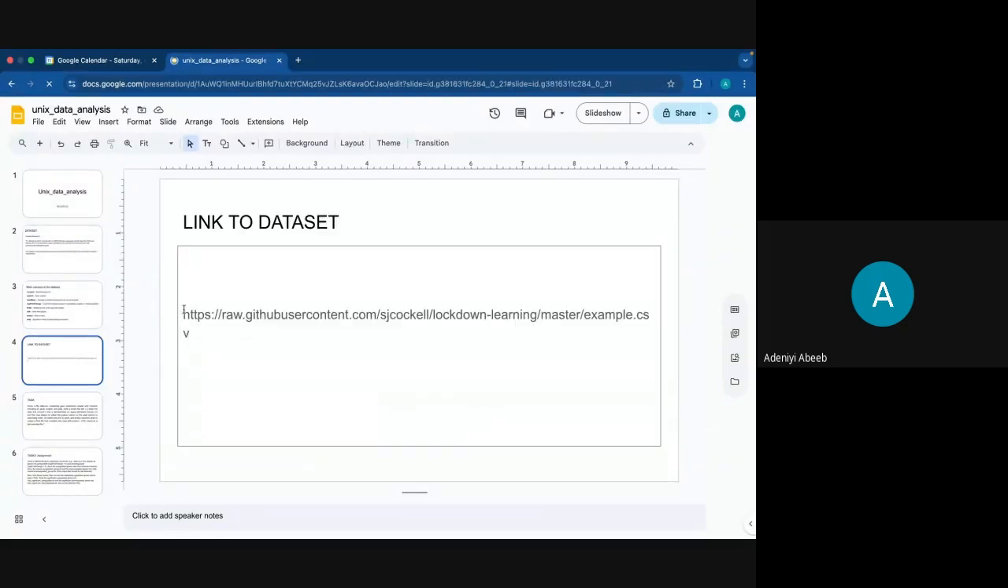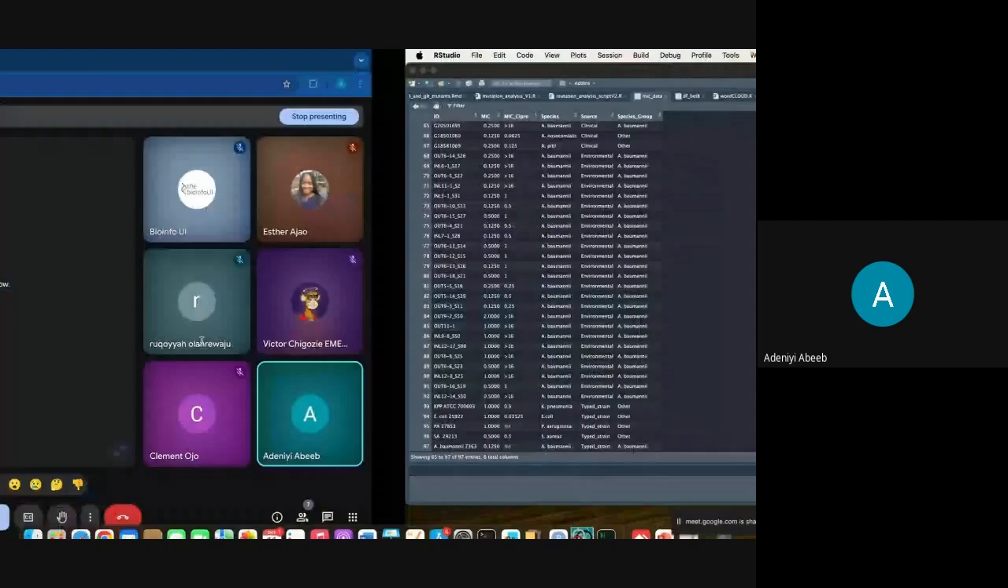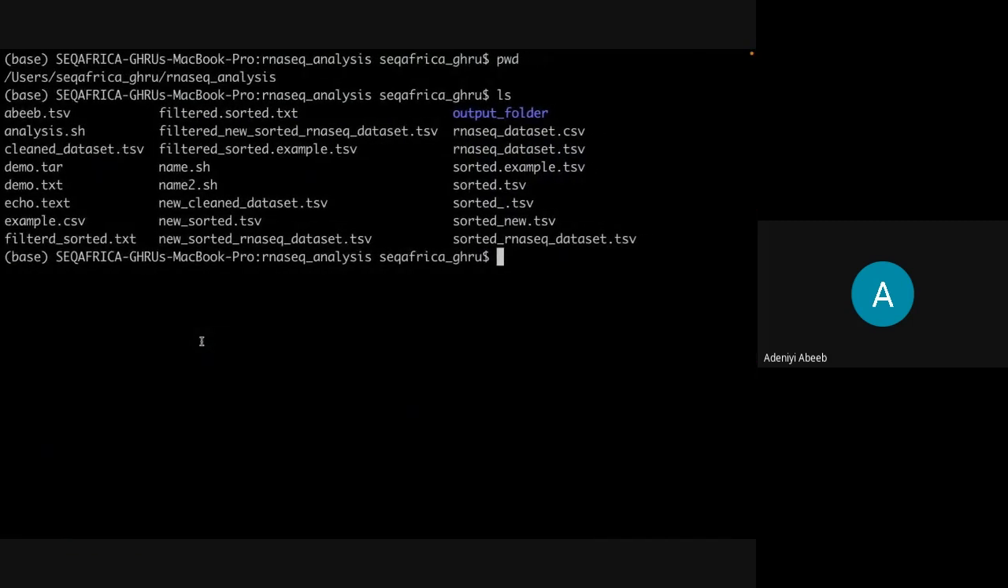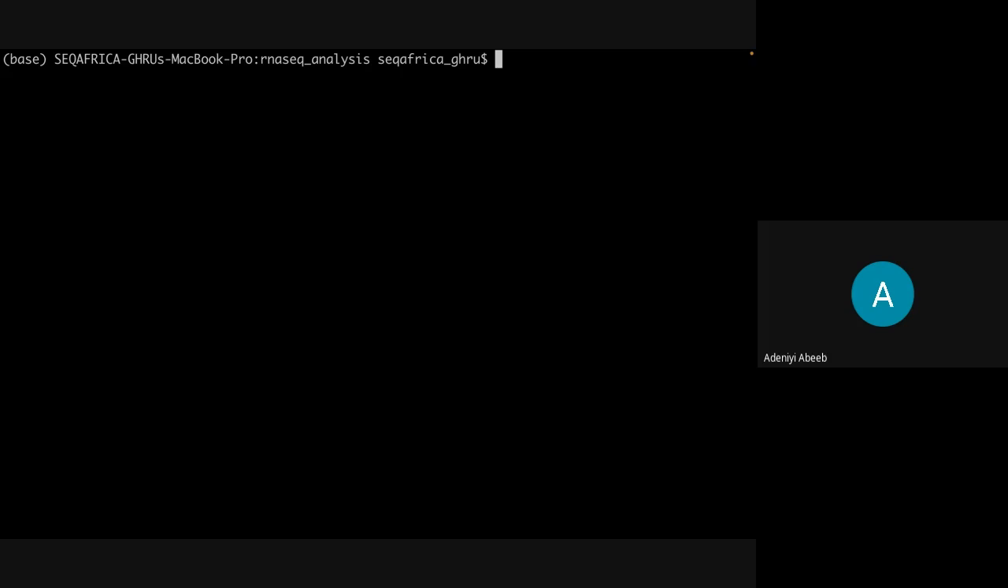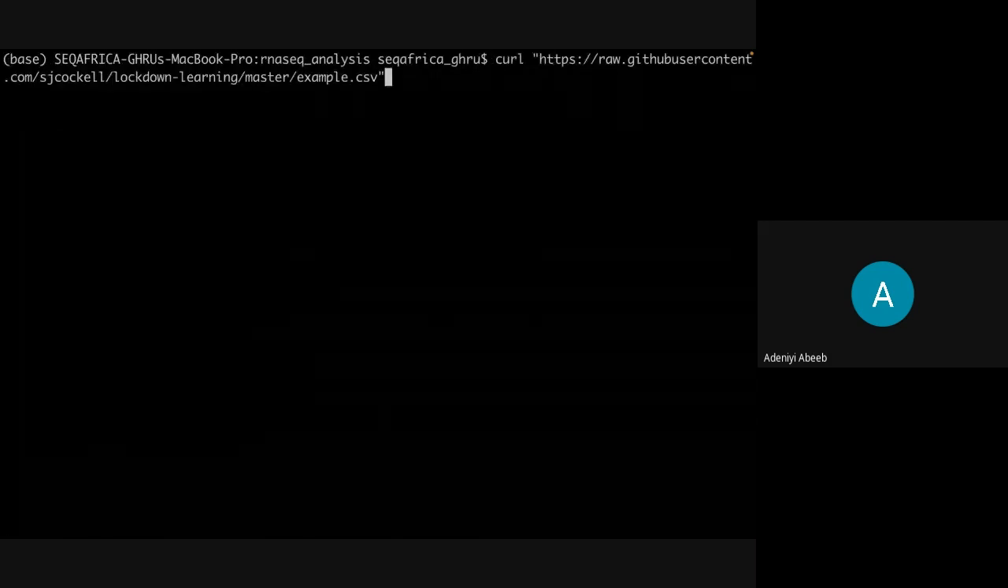So I just want to copy this link. I will first demonstrate it interactively on the terminal. One way you can do it is to use curl and then the link. So you paste it here. But instead of running it, I'm going to pipe this and pass it to sed, which you can use to convert the commas